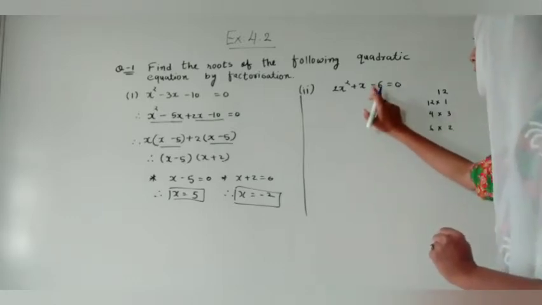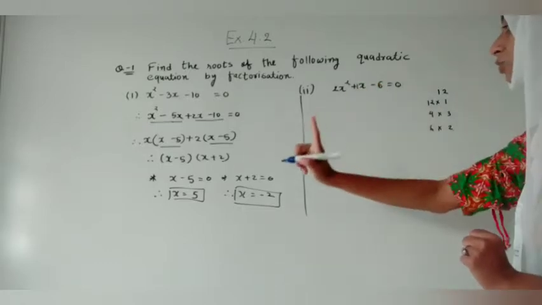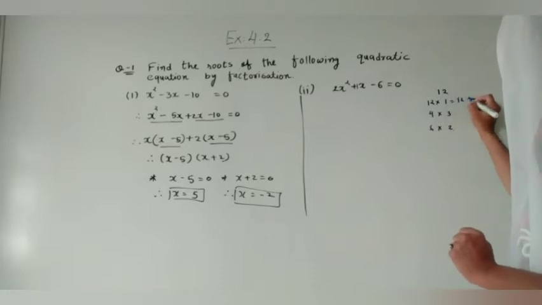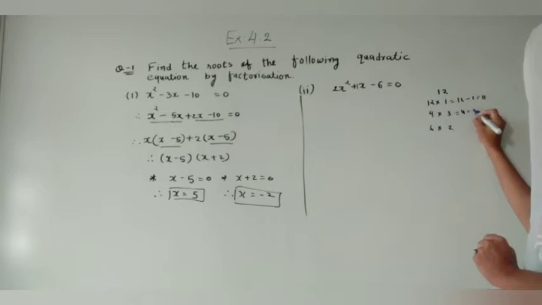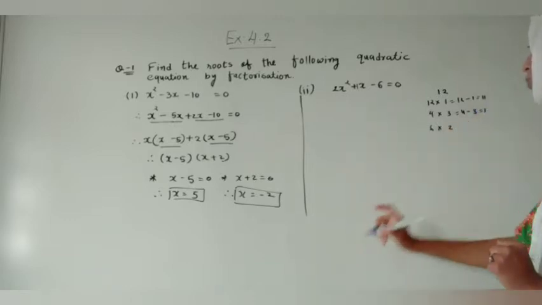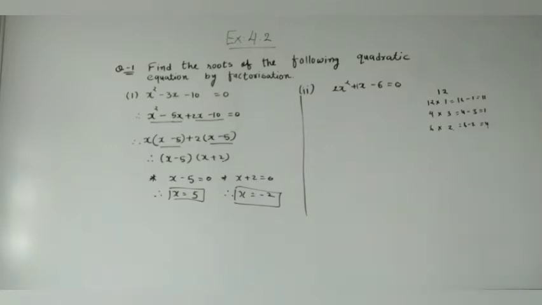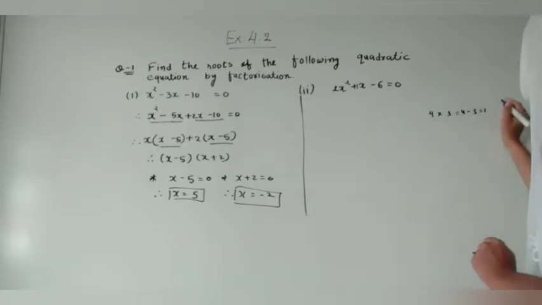Now what we have to do? We have to do the operation of minus. If we are doing minus, what should our answer be? Our answer should be 1. So if we are doing 12 minus 1, we are getting the answer 11. If we are doing 4 minus 3, we are getting the answer 1. And if we are doing 6 minus 2, we are getting the answer 4. Means we need 1 over there, so we will cut these two options. We need 4 minus 3, that is 1.